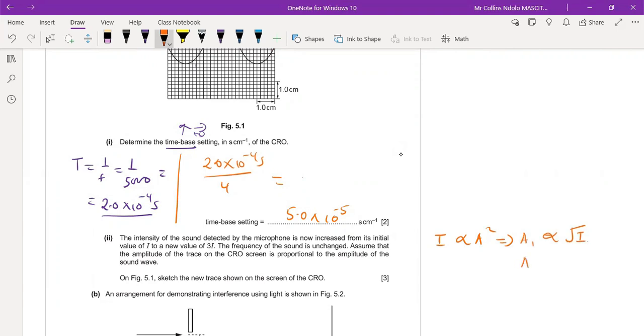So for the second amplitude, I is now 3I, and therefore A2 is directly proportional to the square root of 3I. The square root of 3 is 1.7, meaning that amplitude 2 is equal to 1.7 of the first amplitude that you're seeing. So if you're going to do the sketch, then we consider this. So A2 is going to be 1.7